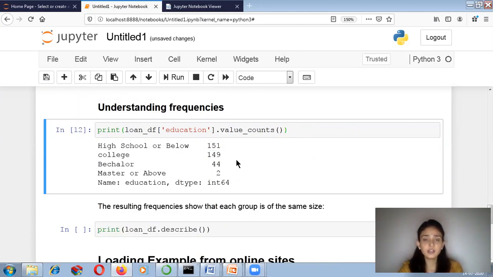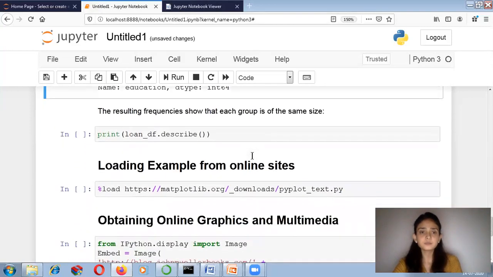Who have done college, the count is 149. Who have done bachelor, the count is 44. And who have done master or above, the count is only 2. So who are taking the loan? Maximum people are those who have done high school only, or have education below high school; such people are taking the maximum loans. So you have done the analysis like this.